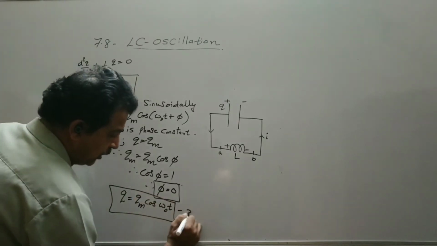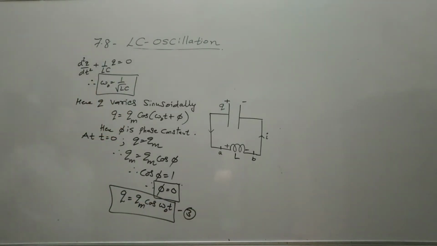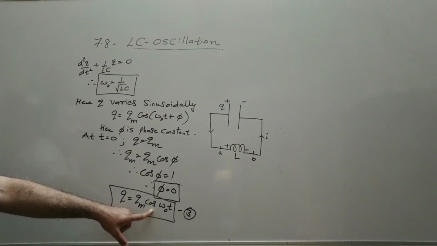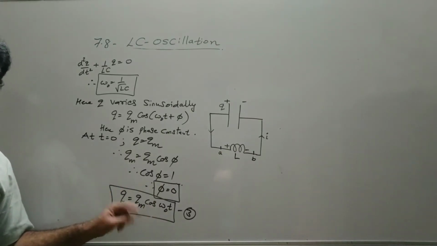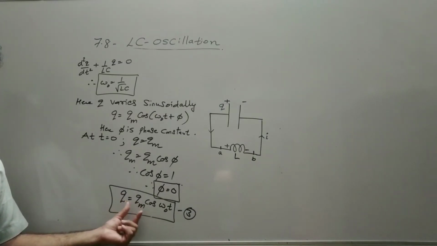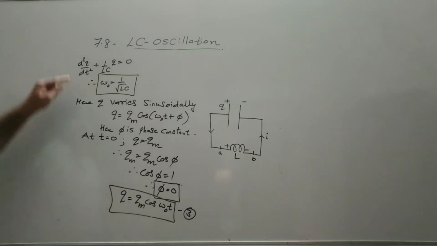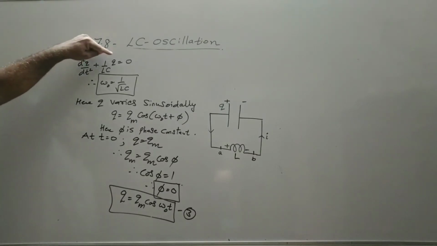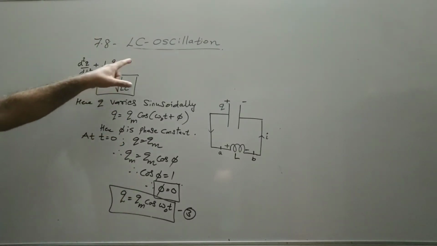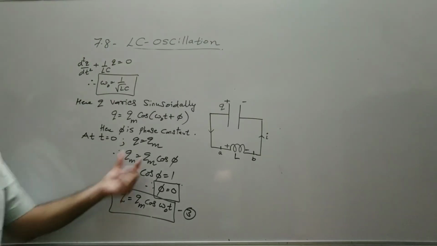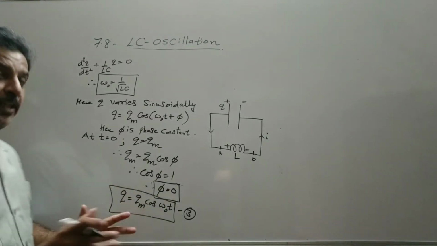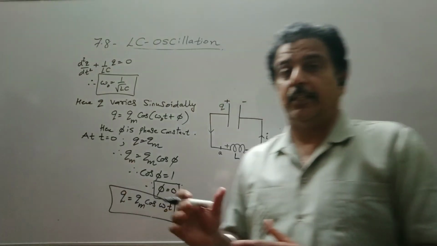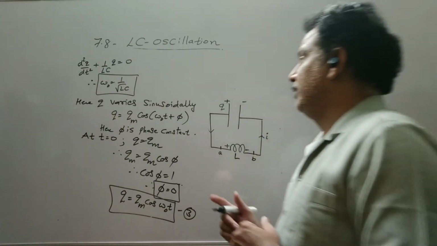So this equation 3 is called the solution of this equation. See, if you do the double derivative of this, the first derivative of cos gives minus sine, then the derivative of sine is cos, so you get minus cos again. So you keep that value here, and the Q value also directly here, so you will get answer 0. Here we had taken the phase constant, but that phase constant comes out to be 0. It means clearly the charge on the capacitor initially was maximum.